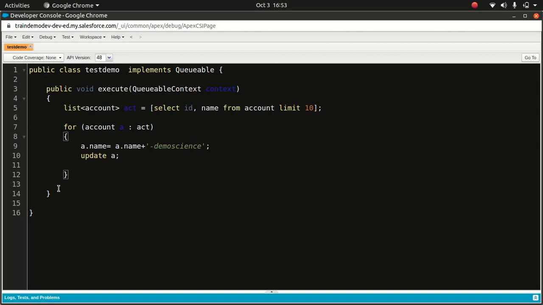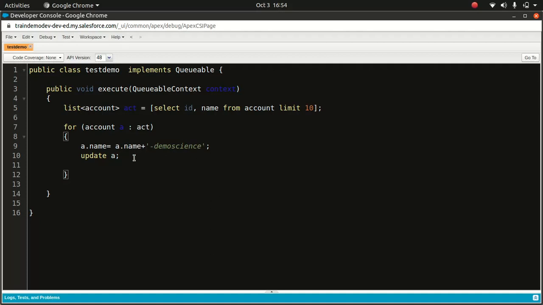Now look at the code here. It's pretty straightforward. When you looked at Batch Apex in the previous episode, I demonstrated how you need to have start, execute, and finish methods, because that's what the interface expects you to implement if you are implementing a batch interface. But in the case of Queueable, it's pretty straightforward. All you need is an execute method where you write your logic. As you can see, all it needs to do is implement Queueable. That's one of the advantages, and it's pretty easy to